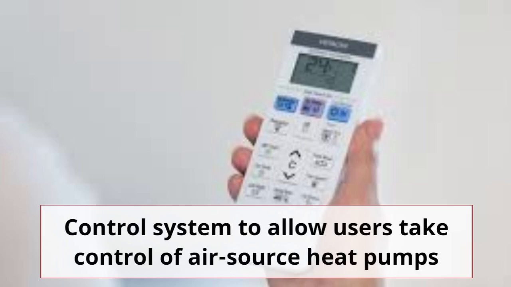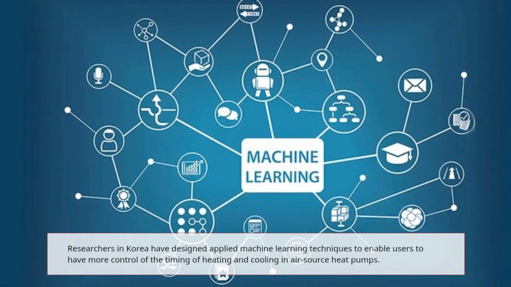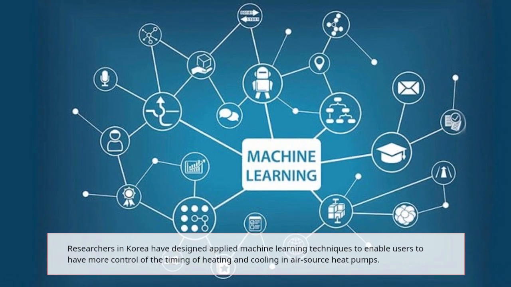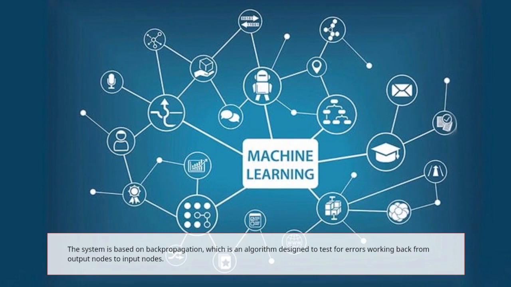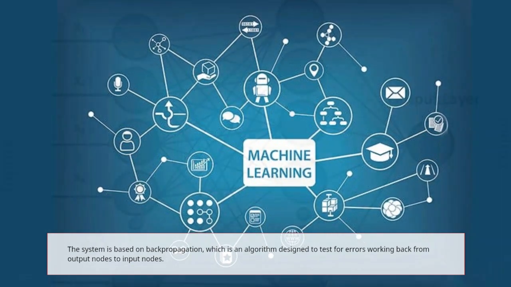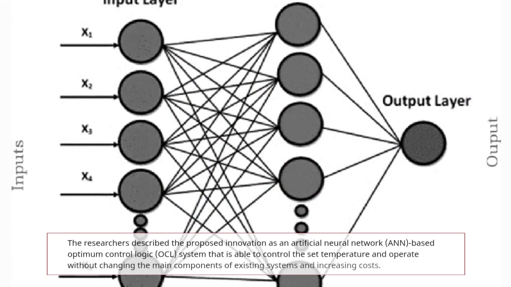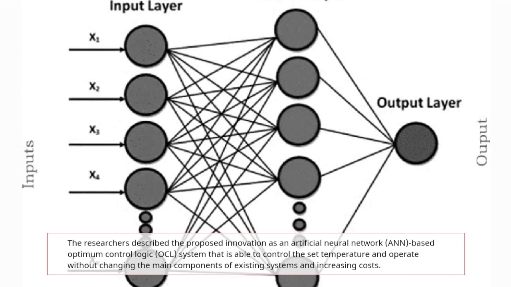A control system to allow users to take control of air source heat pumps. Researchers in Korea have designed applied machine learning techniques to enable users to have more control of the timing of heating and cooling in air source heat pumps. The system is based on backpropagation, which is an algorithm designed to test for errors working back from output nodes to input nodes. The researchers describe the proposed innovation as an artificial neural network, ANN-based optimum control logic, OCL, system